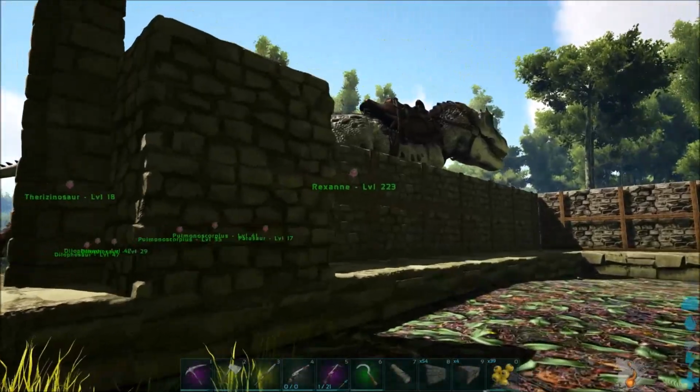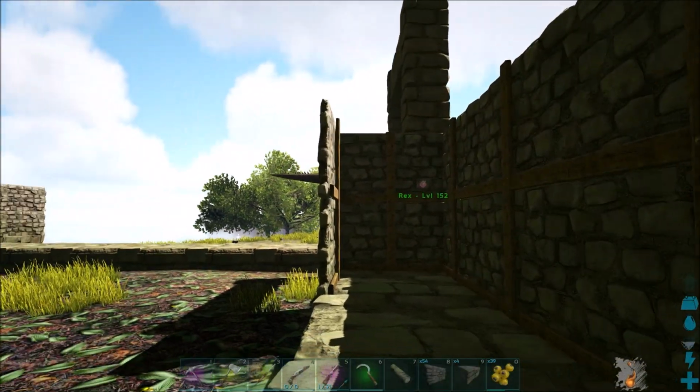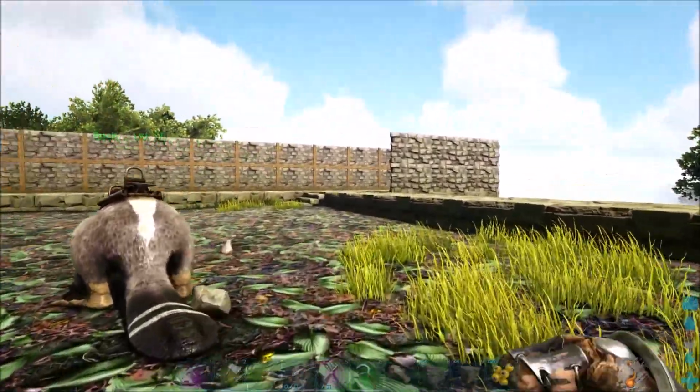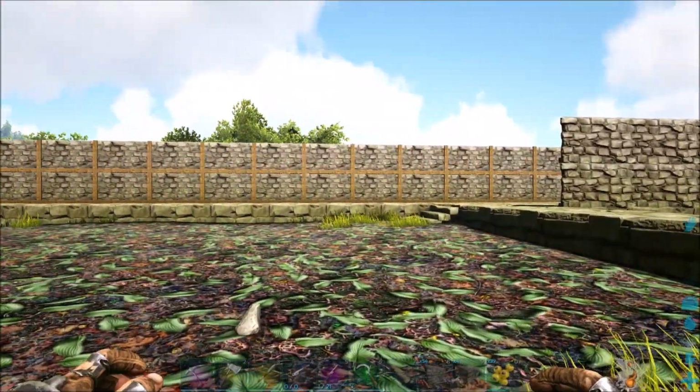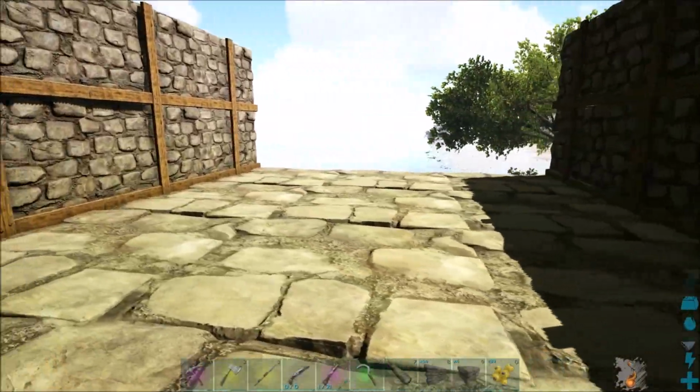Now, I decided to build the walls a whole foundation wide so that they would look a little less skimpy, you know what I mean? They would look nice and full and look nice from above, and I had a kind of a cool idea for that. But before we get started, I wanted to show you over here is where we're going to have